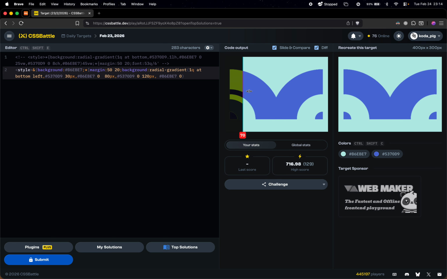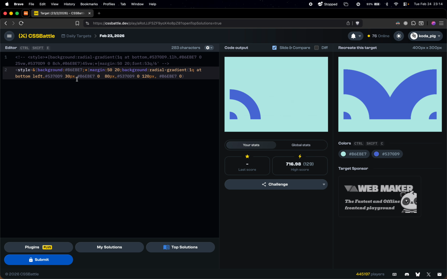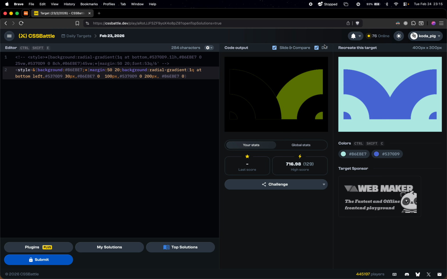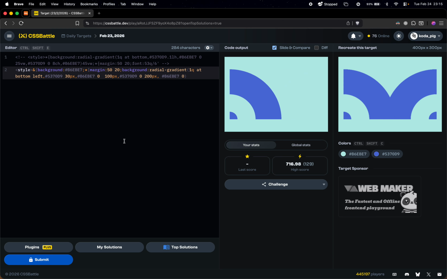So let's start off there and then correct these size values. We know that this value is right, the first circle. The next one we want to start a bit larger though, 100 pixels, and then this one 200. Okay, that's what we want. That's the exact kind of background radial gradient we want. Next thing is the position, so we just set that to 0 for now. We're not going to change the position of it. And then the width of the background gradient, so we set it to 100 pixels wide, and it automatically starts